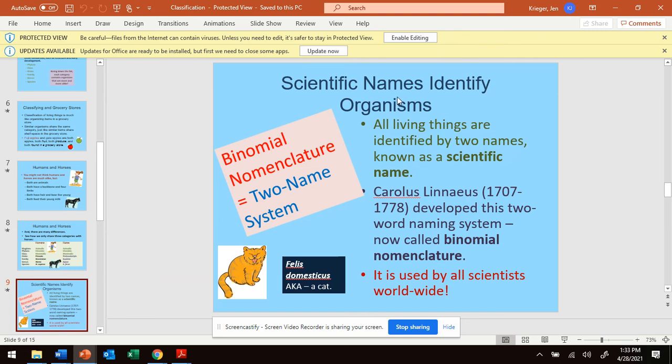So scientific names identify organisms. All living things are identified by two names. We call this their scientific name. Binomial nomenclature, which means two-name system. Ladies and gents, you're just in fifth grade. When you get to your middle school biology classes, it will go way more in depth. Okay. Your job as a fifth grader is to know that organisms are classified and they break